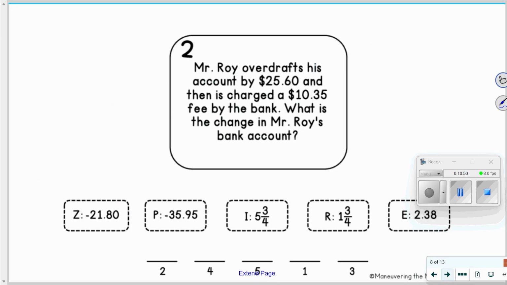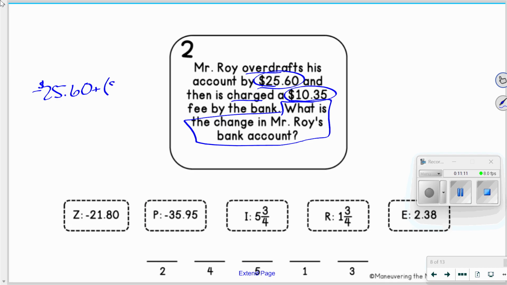Our next one, he overdrafts on his account by $25.60 and then is charged a $10.35 fee by the bank. What is the change in his bank account? Overdraft means that it went negative. So that's a negative $25.60. And then the bank added a fee of $10.35, so that's plus a negative